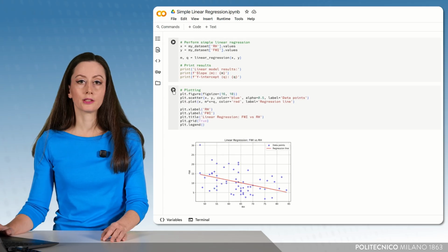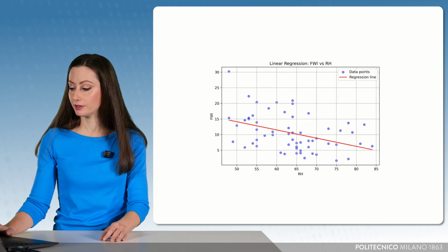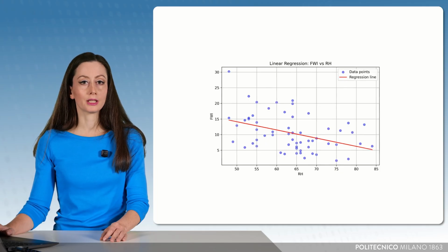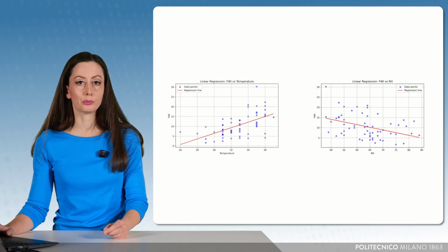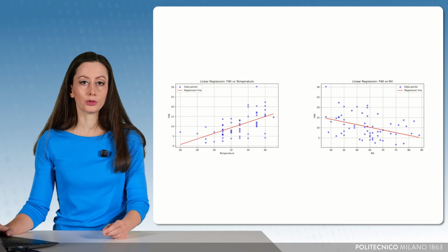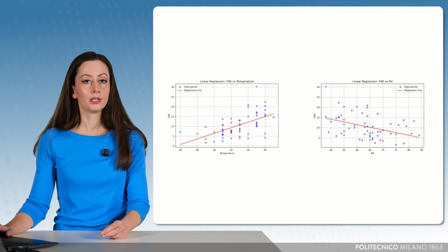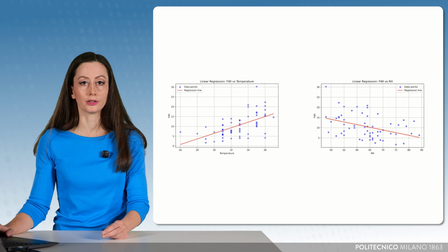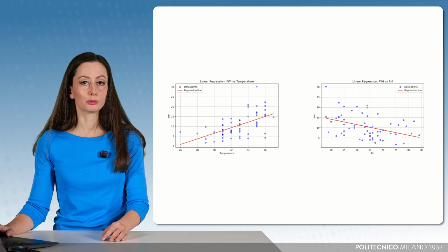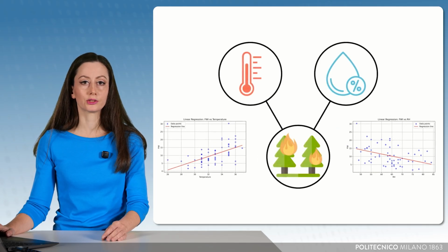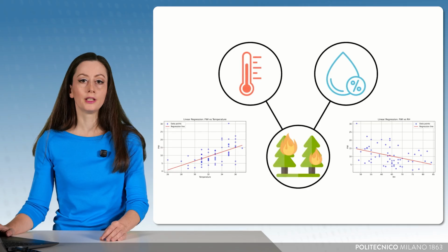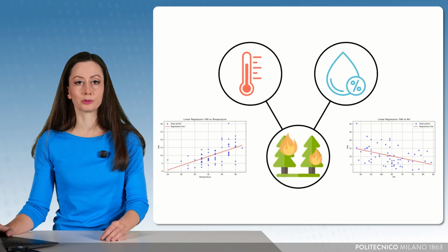From the plot, we can see an opposite trend with respect to the previous case. This means that an increase in relative humidity decreases the overall risk of forest fires. Having in mind the initial question from the policymaker, we can conclude that temperature and humidity play opposite roles in determining the occurrence of forest fires. And understanding these relationships is crucial for an effective risk management. More in general, linear regression helped us to extract valuable insights from the data, enabling us to quantify the relationships between variables.